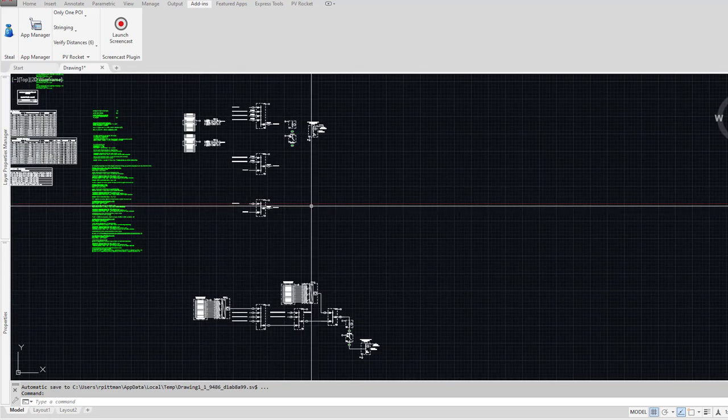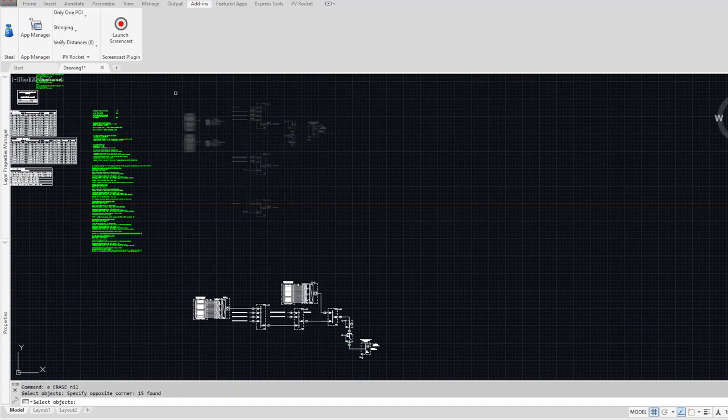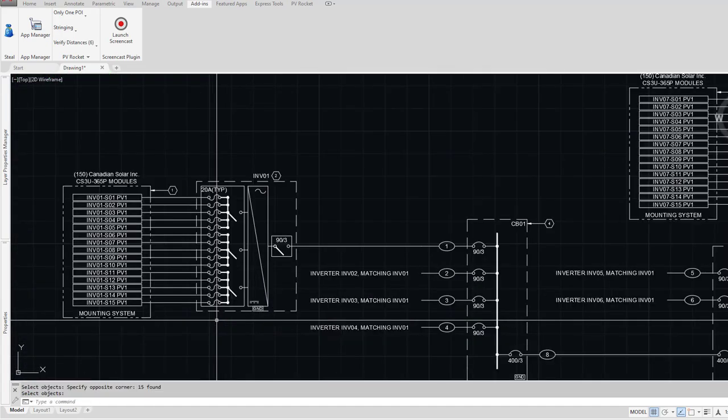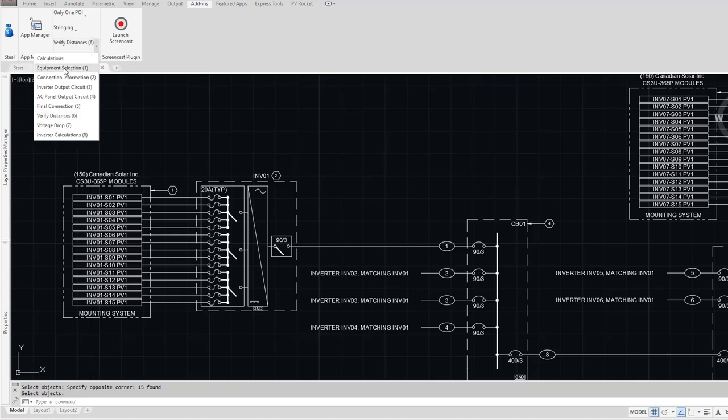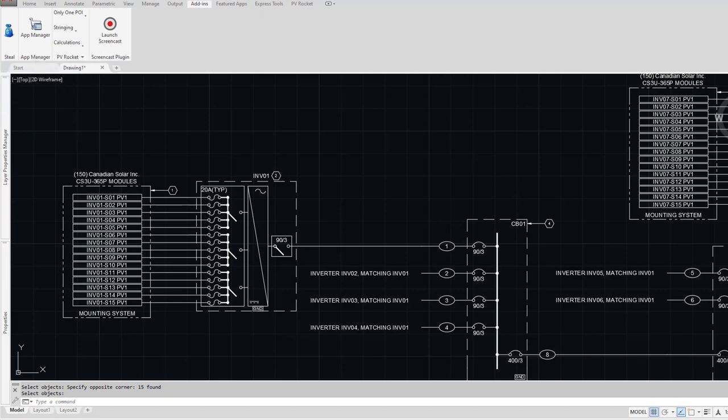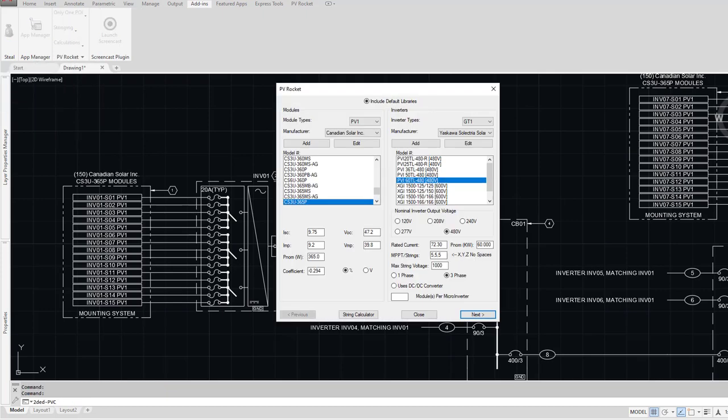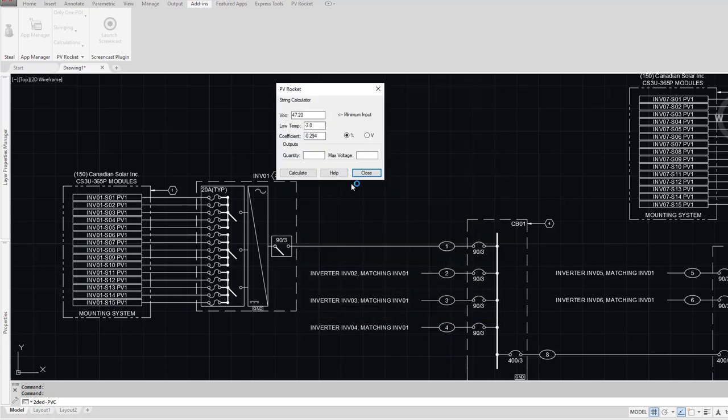So let me erase this up here because this is where the one line is going to drop in. But let me show you the first level of control that we have, and it's minor, and a lot of users don't even know that it's there and it works. I'm going to pull down the Calcs. Let's see, I think it's up here on box 1. Yeah, there's a string calculator right here. And if I go into that and give it a maximum system voltage of 1000 and hit calculate, it'll tell me that